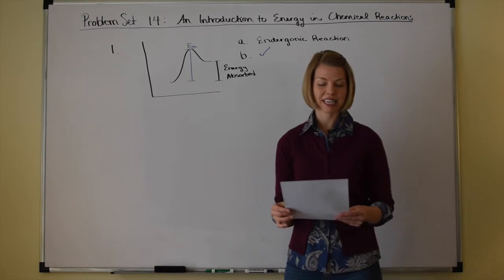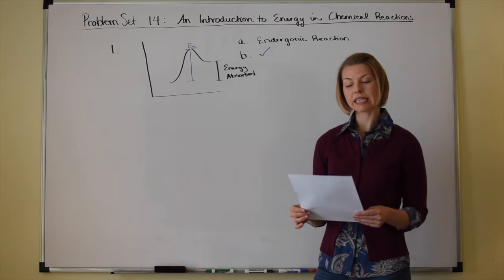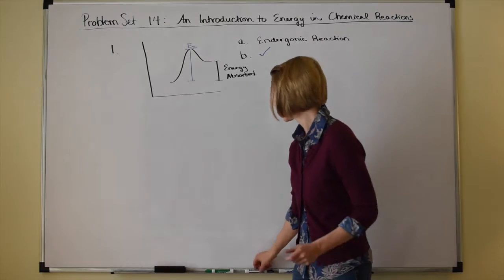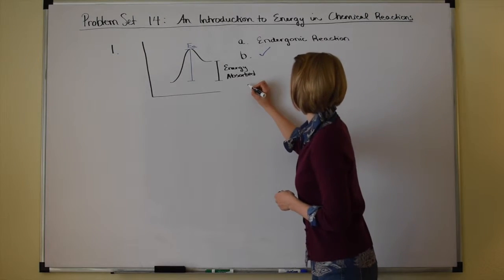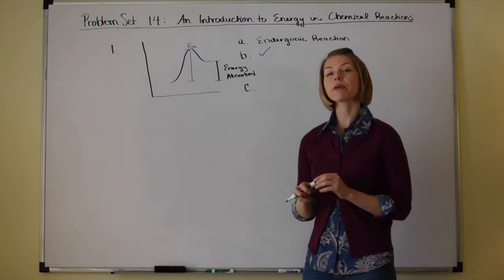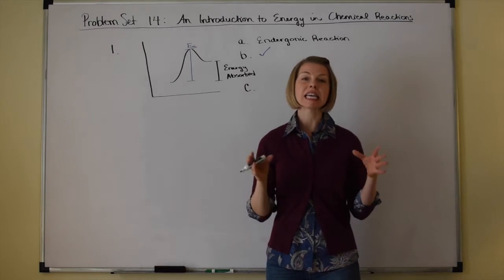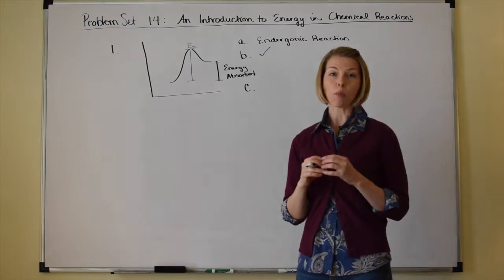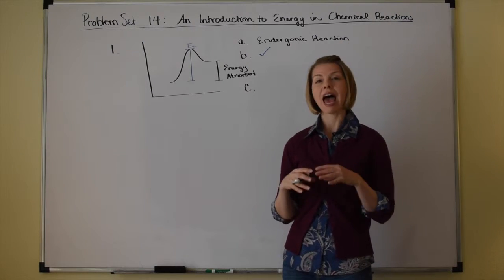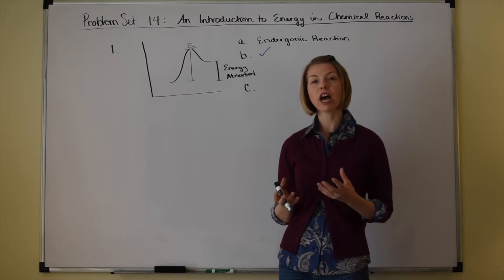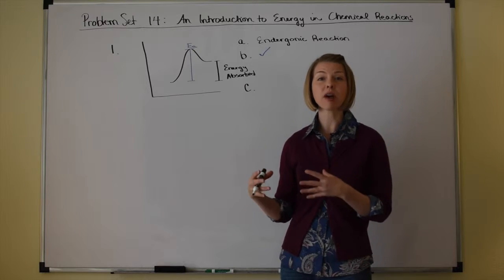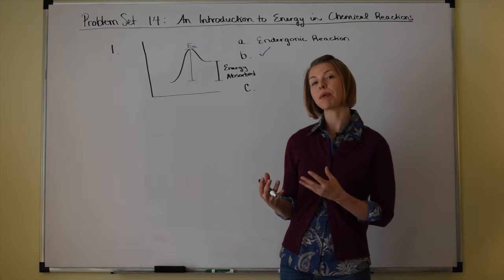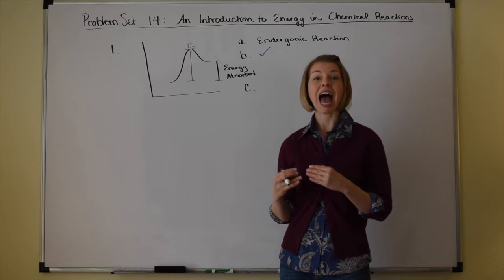Okay, going on to C. How would you expect the energy diagram to change when a catalyst is used? So for C, let's write it right here. Remember that a catalyst is a substance that speeds the rate of a reaction without being consumed. And most catalysts work by providing an alternative pathway for the reaction, and that alternative pathway has a lower activation